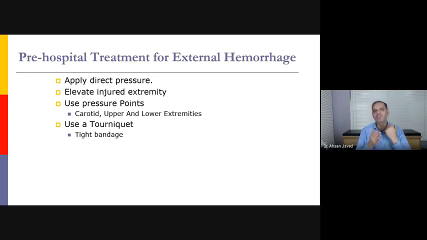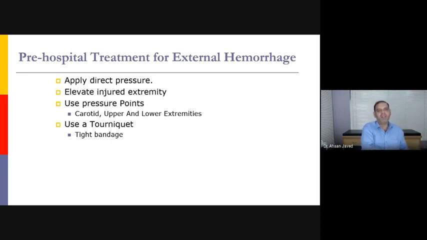So the first component is always to apply direct pressure, and once you apply the direct pressure, the second step is to elevate the injured part. Preferably the injured part should be elevated above the level of the heart. If it is below the level of the heart, there will be more blood flow towards the injured part. If you raise it above the level of the heart, suppose the injury is at the hand, it shouldn't